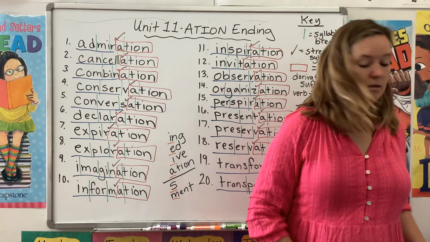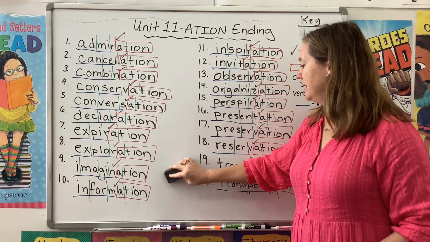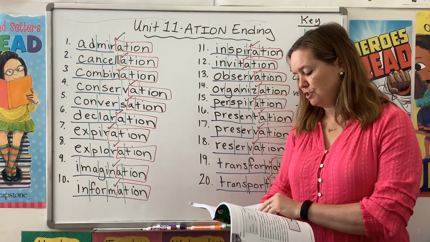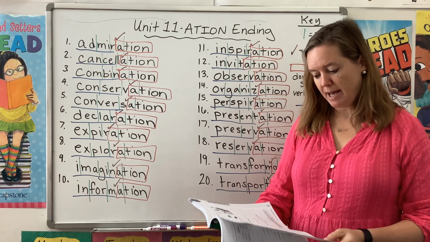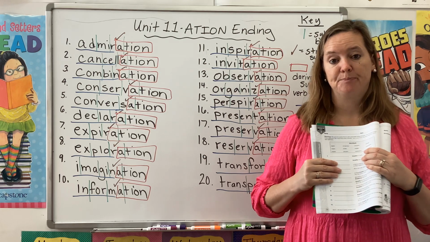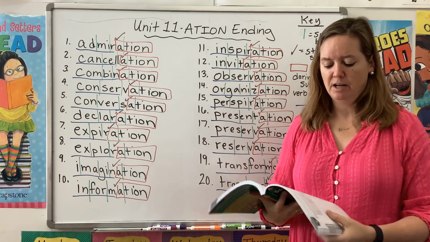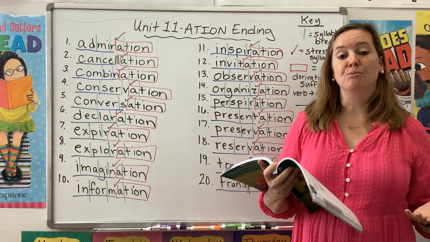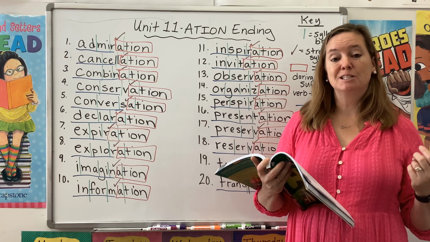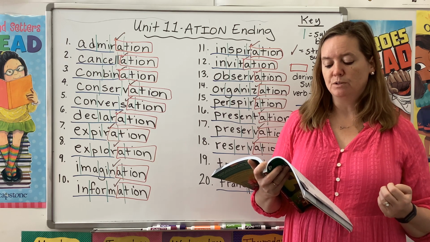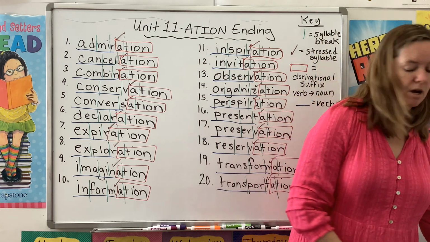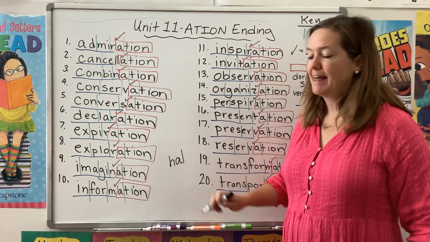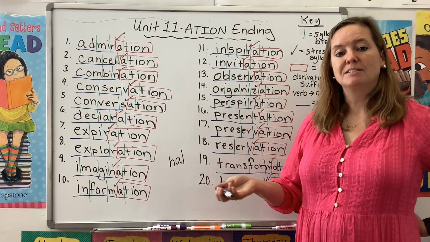And now, what I want to do is introduce a new root to you, because you're going to see it when you get to page 74. On page 74, you're going to learn that there are two Latin roots that mean breathe. There is the root spire, and there is the root hal. So whenever you see a word that has this in it, it's going to have something to do with breathing.